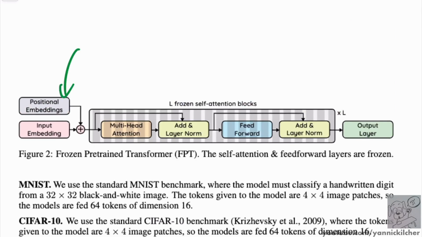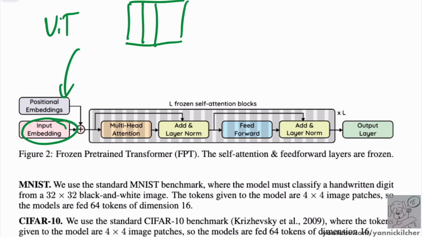So what you have is input, so you have the positional embeddings and you have the input embeddings. Now, if it is a language model, that is simply one vector for every word or word piece. If it is an image model, like in the vision transformer, the ViT, you simply take the image and you make it into patches, and then each patch, you simply unroll into one long vector. So you simply unroll the pixels, and that is a patch, and the sequence of such patches